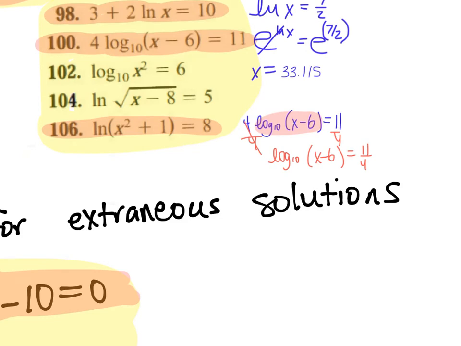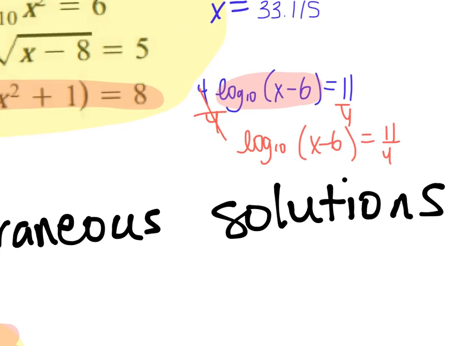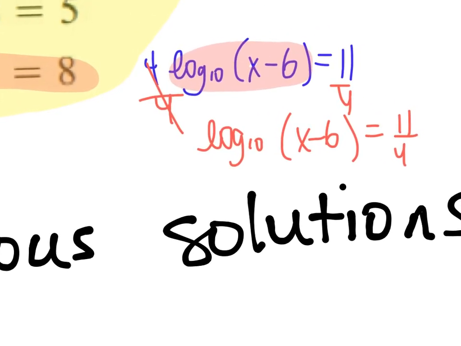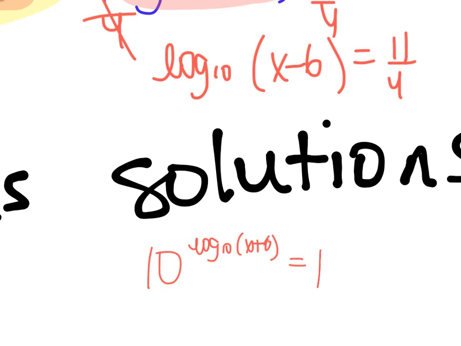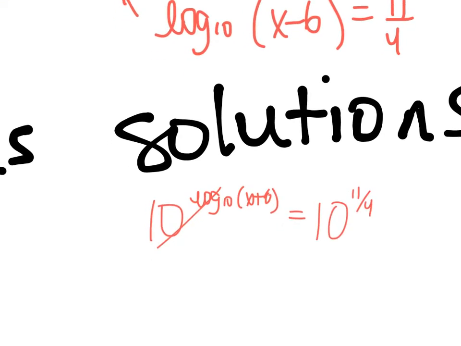But what's the opposite of log? Exponential. So what is the base that I'm going to use? I'm going to use a big old 10. And then everything goes up. So if I do 10 on the left-hand side, I do 10 where? On the right. So you have x plus 6 equals,